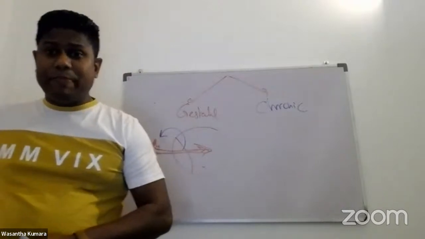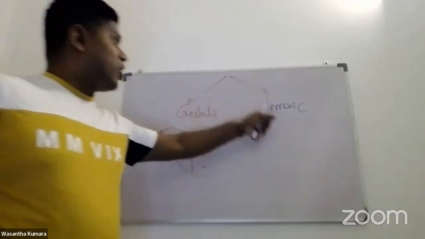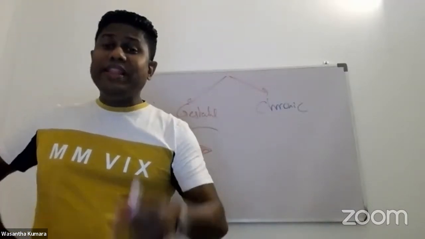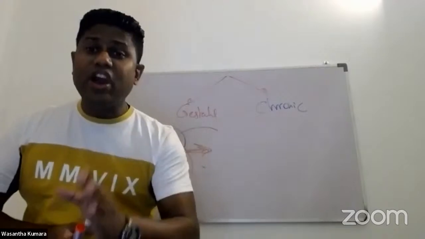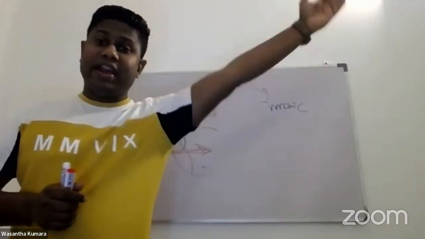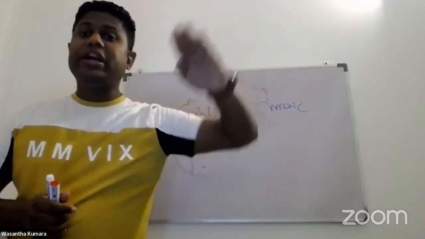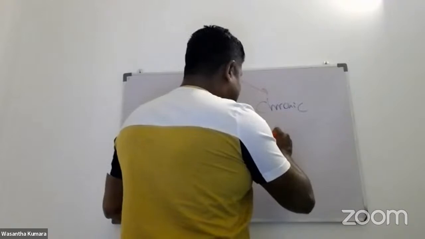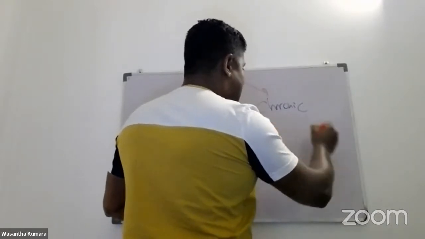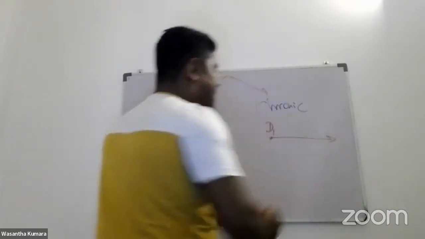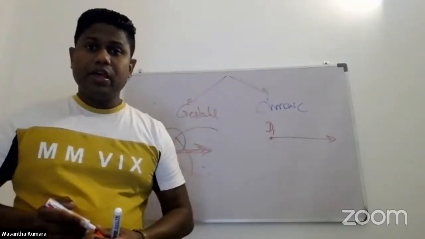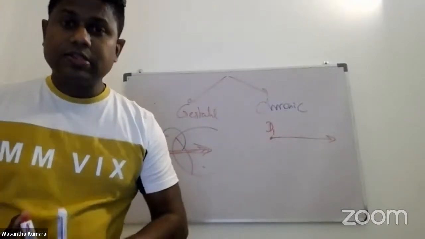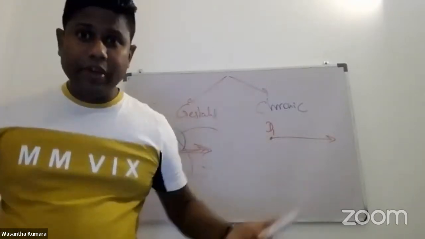So the basic difference between gestational diabetes and chronic diabetes is that people with chronic diabetes, when they conceive, from the first day of conception up to the delivery and afterwards also, they have diabetes. So a chronic diabetic patient, from day 1 of their pregnancy throughout the pregnancy, has high blood sugar levels. Whereas,